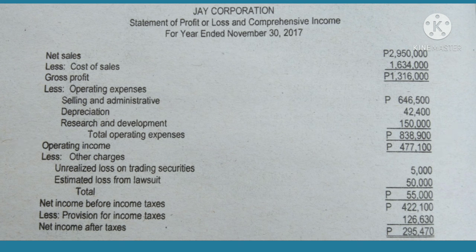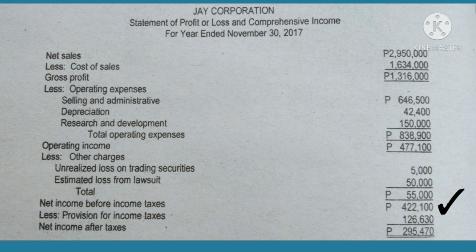477,100 pesos. We have the other charges of unrealized loss on trading securities of 5,000 pesos, which is from the first correcting entry, and estimated loss from the lawsuit of 50,000 pesos from the eighth correcting entry. Adding two, we'll get a total other charges of 55,000 pesos. This will be deducted from the operating income of 477,100 pesos. It will be equivalent to the net income before income taxes of